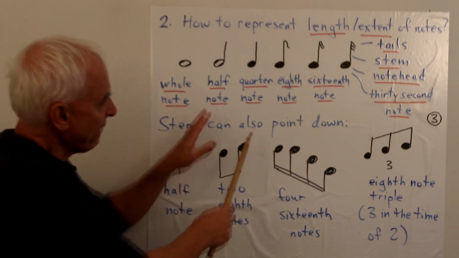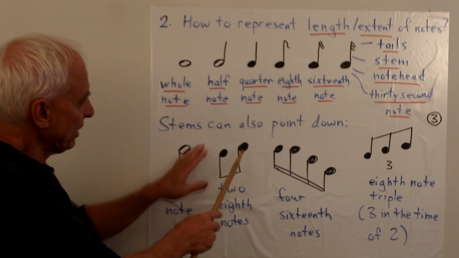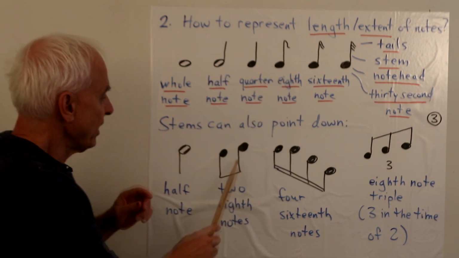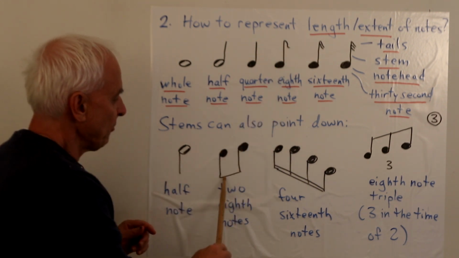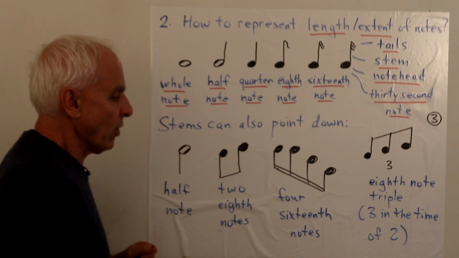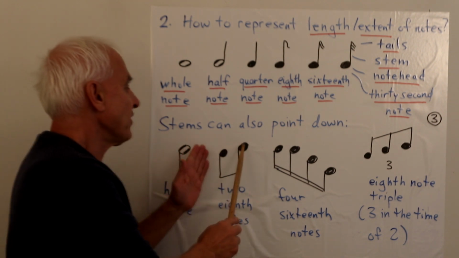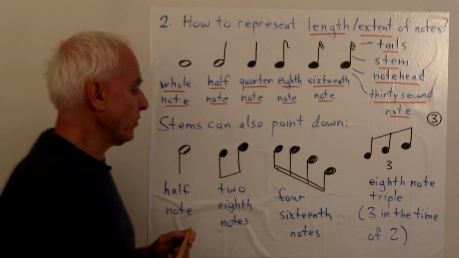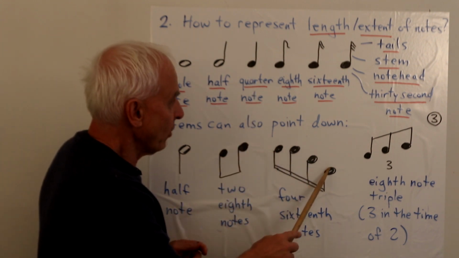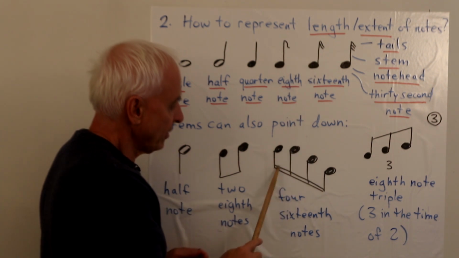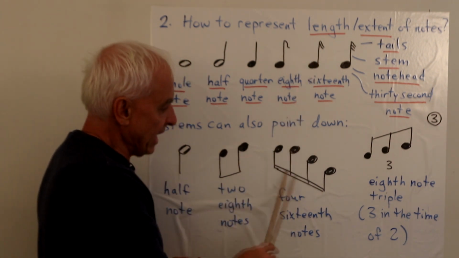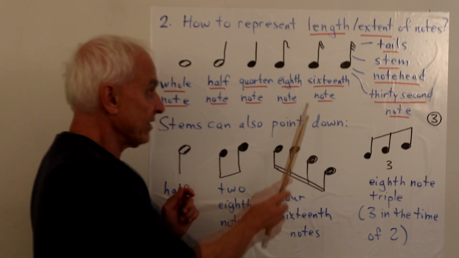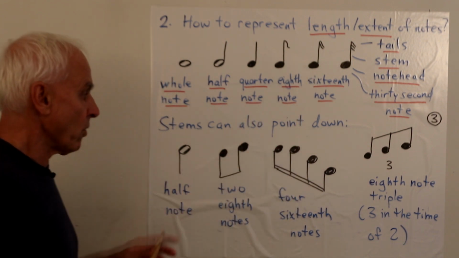Now, when we have a lot of these together, then typically we do the following kind of thing. So here are some eighth notes, okay? The tail becomes part of this extension that links these two. So these are 2 eighth notes that would have the same time total as a quarter note. And here are 4 16th notes, as you can see by this double bar there. That's telling us that we're basically having 2 tails. So these are 16th notes, and 4 of them would be the same as 1 quarter note.